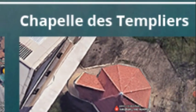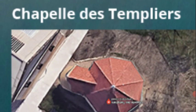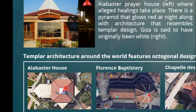I forget what that quote is. It's inside, I've got 3 different videos about this. So this is the Chapel of the Templars. This is the exact same octagon with an entrance coming into it. So that will be on 8 pillars also. Those 8 pillars, if you go and watch the History Channel and see the,